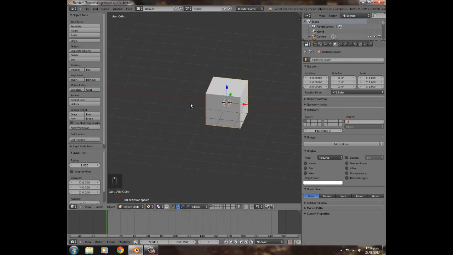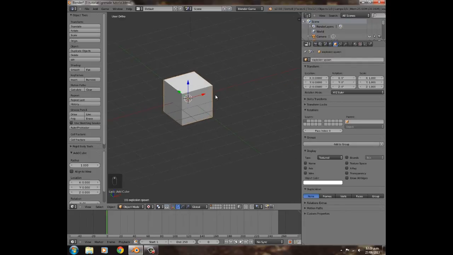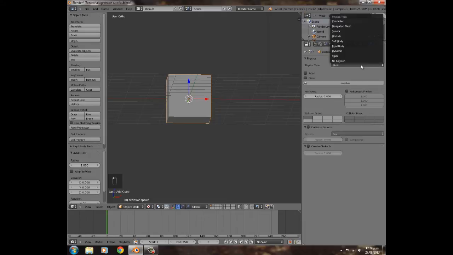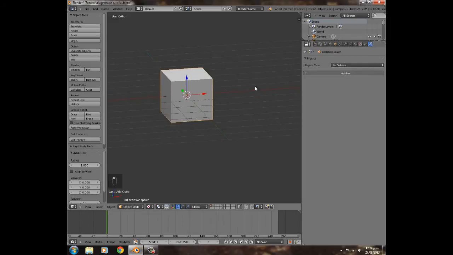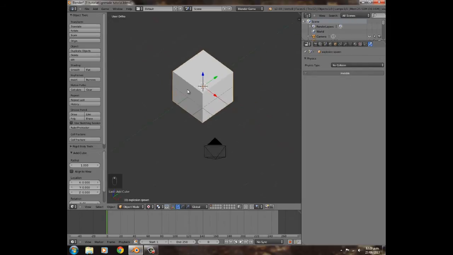Now you might be wondering, why use cubes? Why don't I just use an empty? I mean, you're trying to spawn another mesh inside a mesh. It's probably not too good. Well, actually, I'll change that to no collision, and invisible. Actually, what happens is